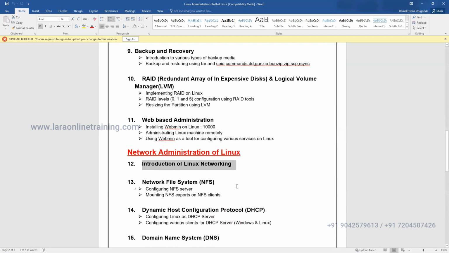No need to go much into it, because we are not pure network Cisco people. We are learning Linux admin only. So I will be discussing what kinds of IPs there are. What is an IP? What is a public IP? What is a private IP? I'll give you some introduction to networking as well. And what exactly is a subnet? How to assign the IP in the Linux system? How to make the IP permanent? What is a virtual IP?